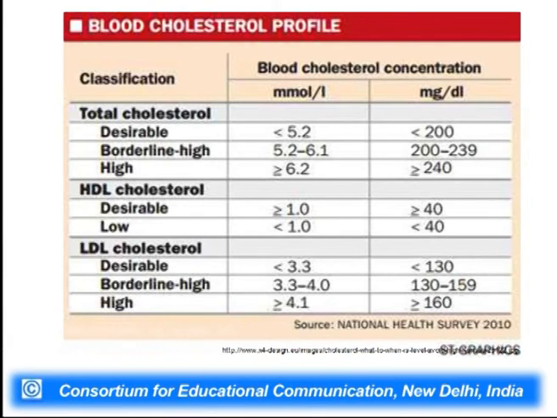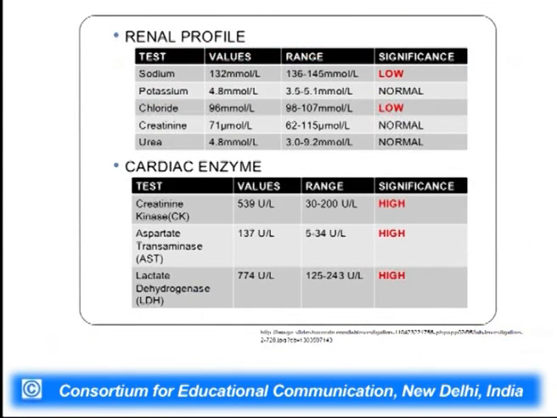So from the blood test we can first quantify the red cell indices, then we can quantify the total proteins, bilirubin, albumin and globulin. Then we can check the level of cholesterols or lipids within the blood. Along with this, the various renal profiles or cardiac enzyme profiles can also be checked. In the renal profile, the doctors can check for sodium, potassium and chloride salts, which are essential salts required in our body.